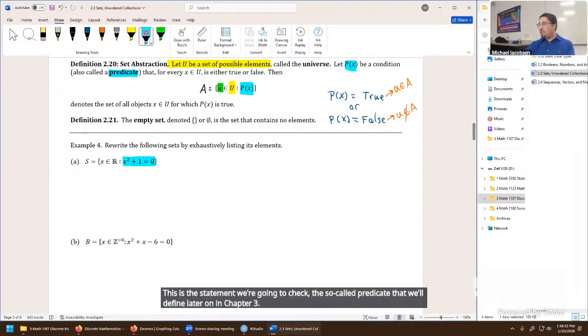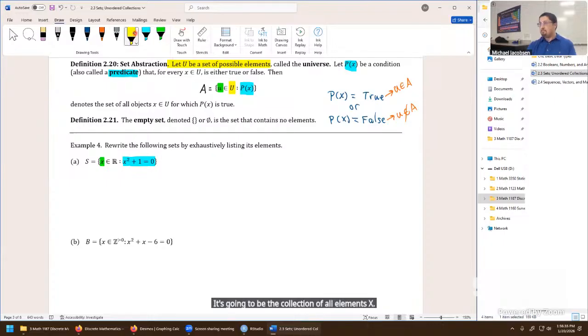It's going to be the collection of all elements X. Well, X could be anything. X could be letters in the alphabet. It could be strings of zeros and ones, or it could be a particular kind of number. Here we're saying elements X inside the set are real numbers, such that X squared plus 1 comes out as 0. Well, that condition's kind of tricky, right? X squared plus 1 equals 0 is solvable, but the solutions we get are in the complex plane. X squared plus 1 equals 0 has no solution